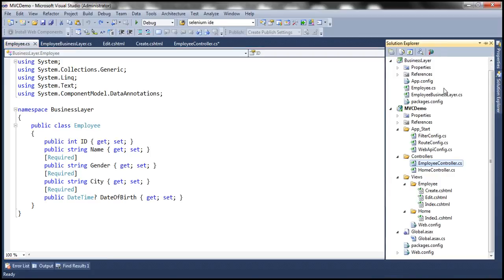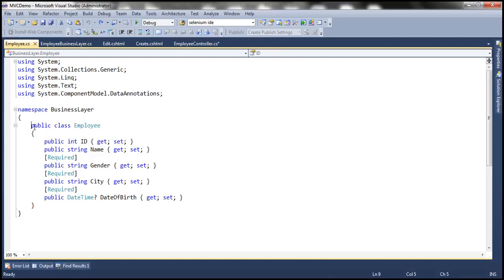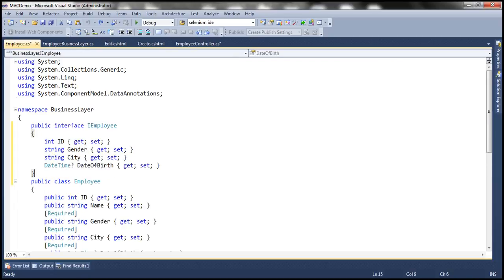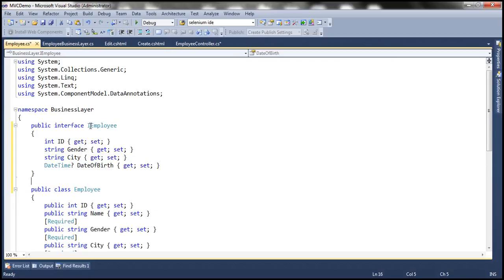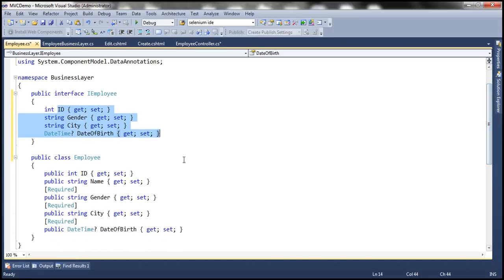So our employee class is present in our business layer project. So the first step is to create the interface. So here we have this interface IEmployee, and notice the properties, we don't have name property because we don't want to include a name property in model binding. And then the next step is to make this employee class inherit from that interface IEmployee. Now let's go to our employee controller